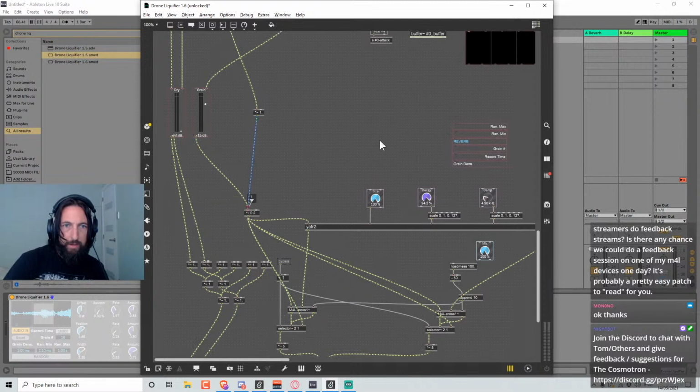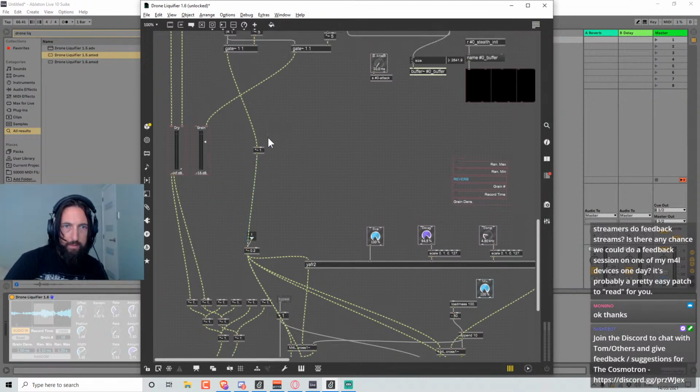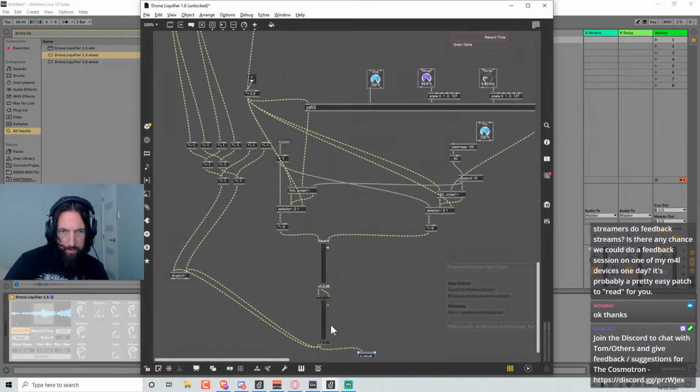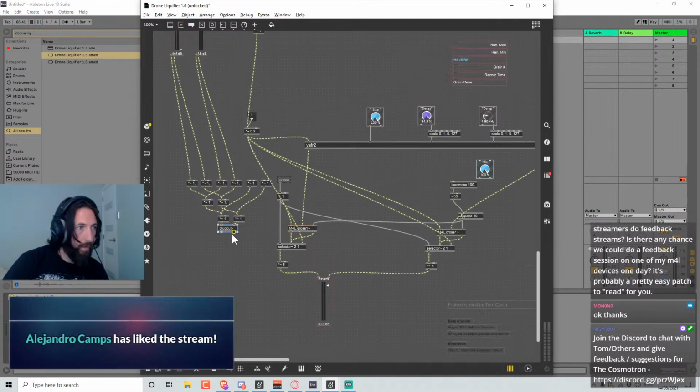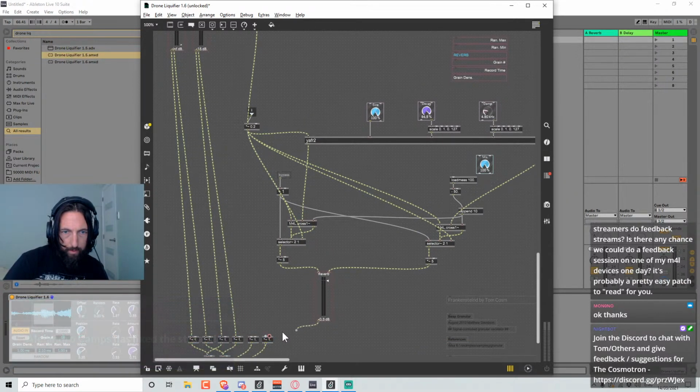So this needs to go in here. Yes, this needs to go here. Like so. Don't know why we have this, but we can go to that. Alejandro, what's up? Let's go here.